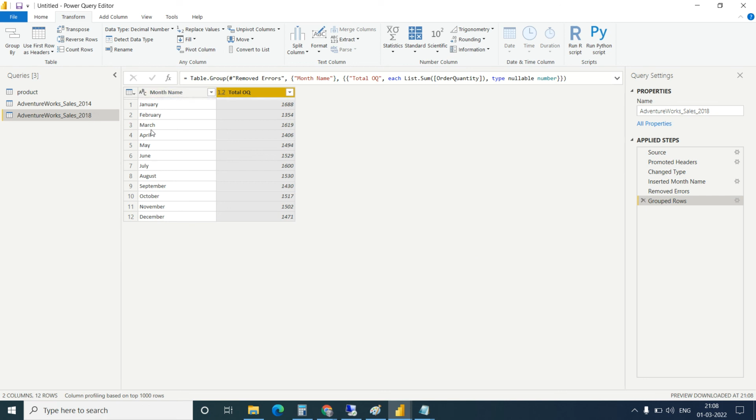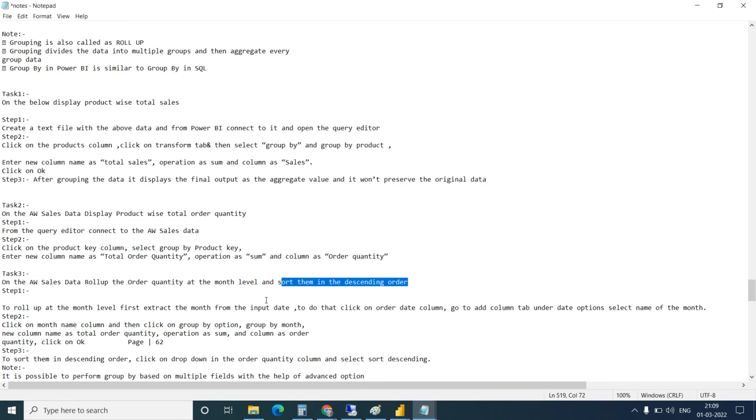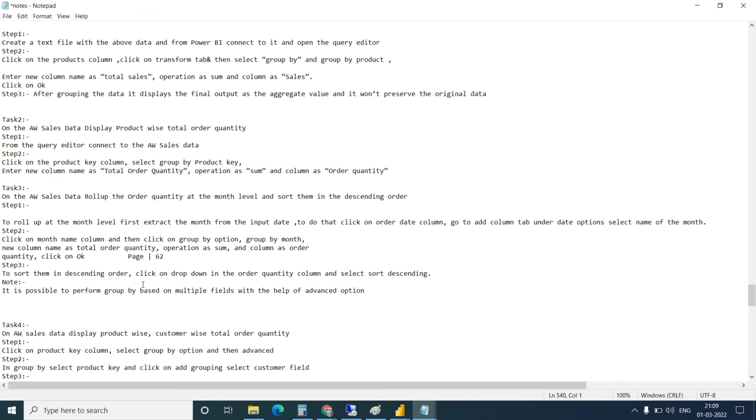Sometimes actually we don't get the months in the proper order, not in the sequence like January, February. It comes like April sometimes in between or January in between. So how will we do it in ascending order? That was my question, but it's coming. Okay, so let's go back. Task 3, we have seen how to do the month level, right? So let's go to the other one.